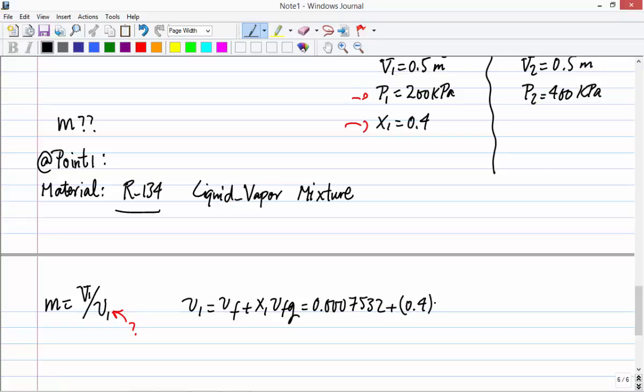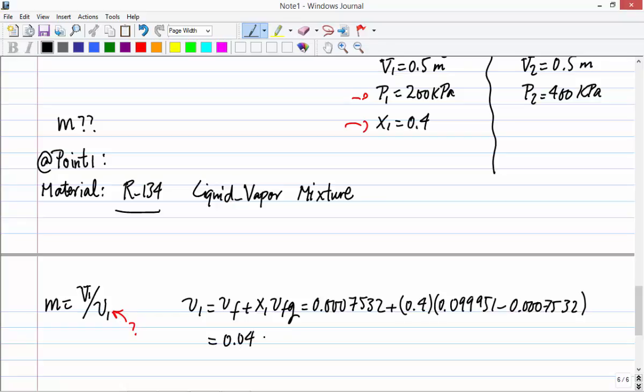The quality is 0.4, 40%, and I need to subtract vf from vg to find vfg. So the whole parenthesis is vfg. And then v1 would be,